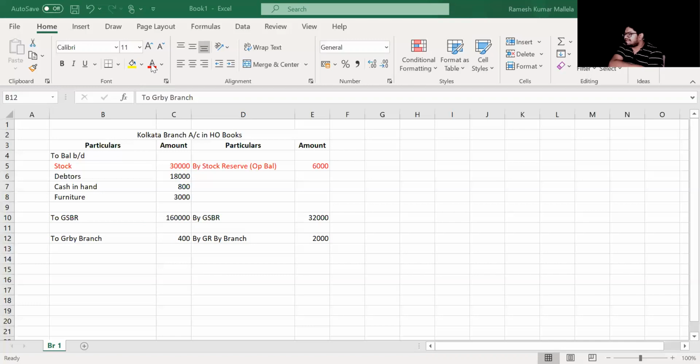And he also says that branch has been instructed to send all cash daily to head office. In the beginning, he has mentioned it. In the first 2 lines, he says that branch has been instructed to send all cash daily to head office. That means what? He has actually collected 60,000 rupees from debtor. He has collected cash sales. He has made a cash sale of 1 lakh. Both of these should be actually refunded back to me. That is, he should send it back to me. Yes or no? So for that purpose, let us make a note now.